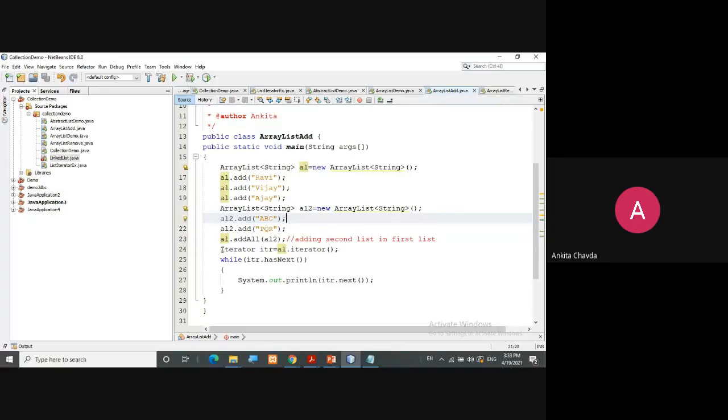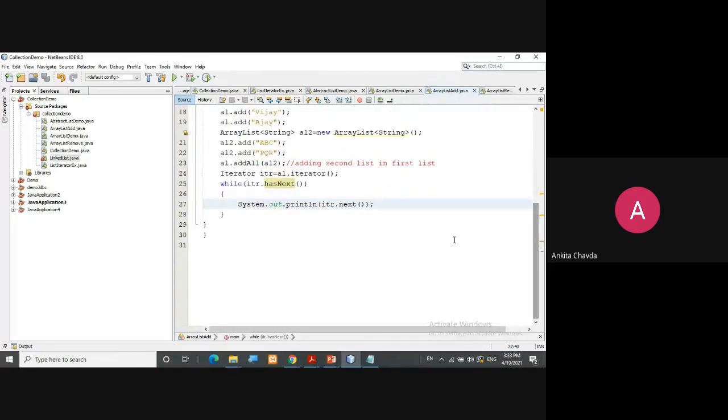Okay. So again, we will use the iterator here. So Iterator itr is equal to al dot iterator. So my iterator, meaning the pointer, is pointing right now to the start of the list. Now we'll check whether any element is there or not. So we will print that element, right?